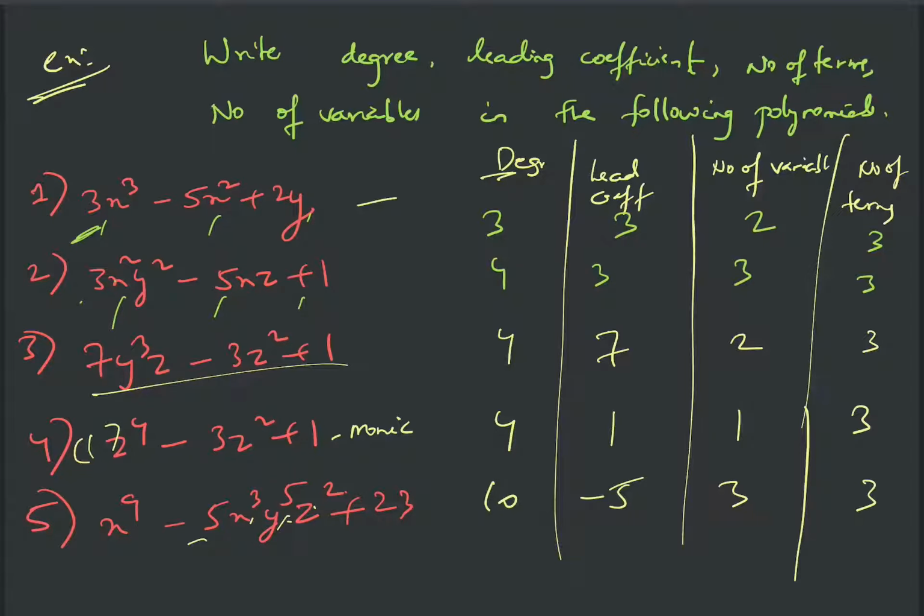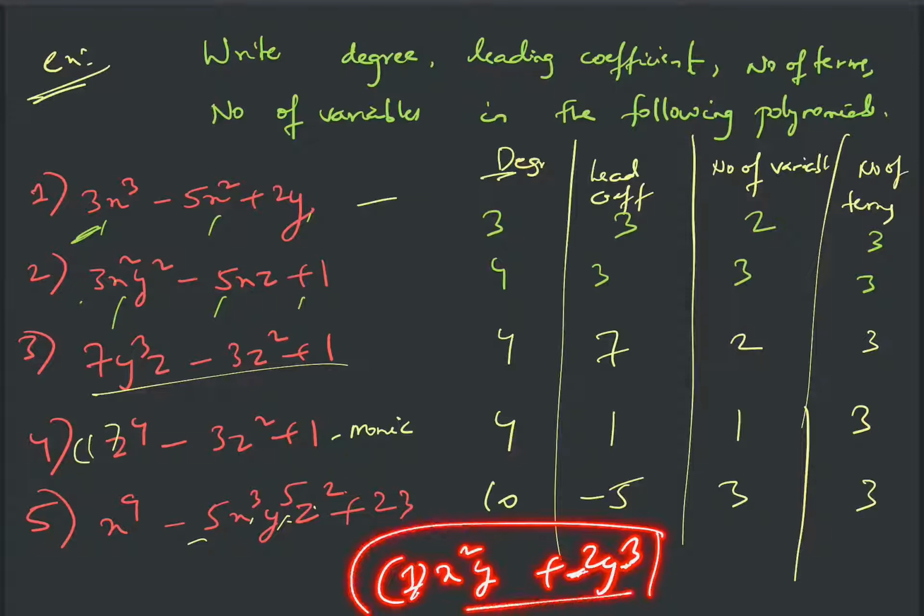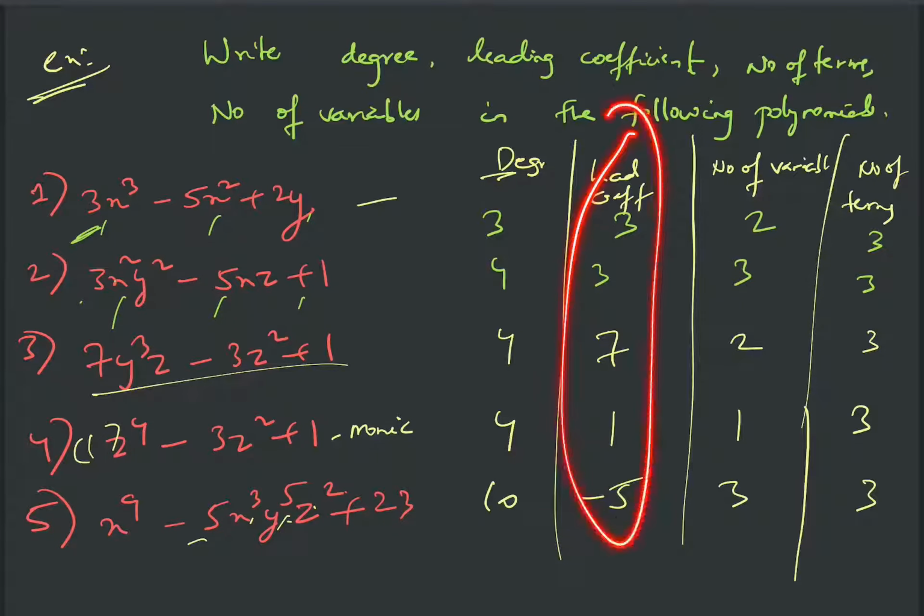Fine. So I have written here that the leading coefficient is minus 5 and so on, but generally we speak about leading coefficient when the polynomial is in only one variable. Why? Because if I give you a polynomial, say x²y + 2y³, then the degree of this polynomial is 3 only. But then what will you say about the leading coefficient? Will you tell this as the leading coefficient or this as the leading coefficient? Right. So now there is a confusion, right? So the thing is that we only speak of a leading coefficient when we have a one-variable polynomial.